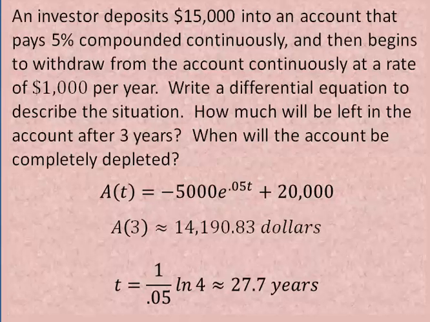So A describes how much is in the account at any given time. We found that after 3 years he's gone from 15,000 down to 14,000, and we found that the account will be completely depleted in about 27 years if the 5% compounded continuously remains and the taking out of 1,000 per year